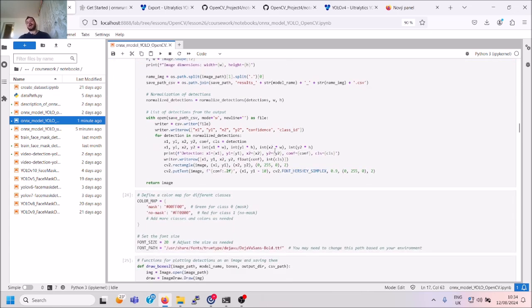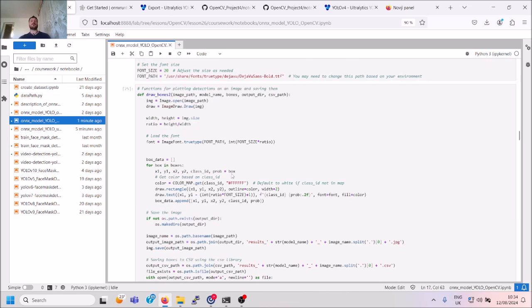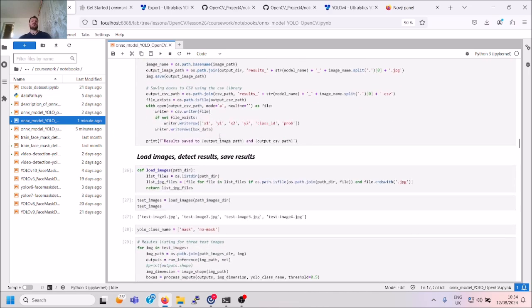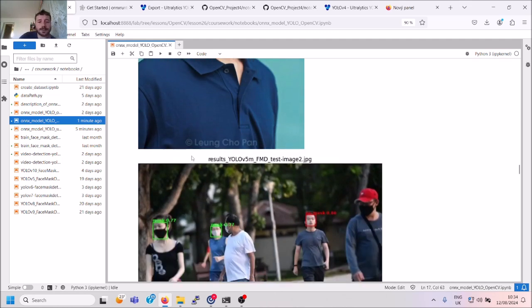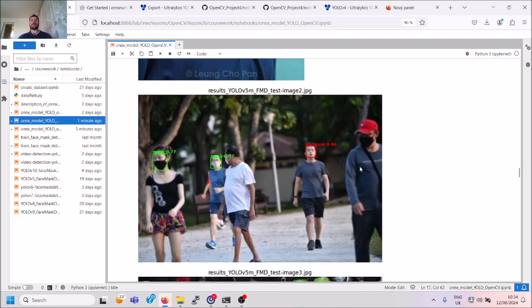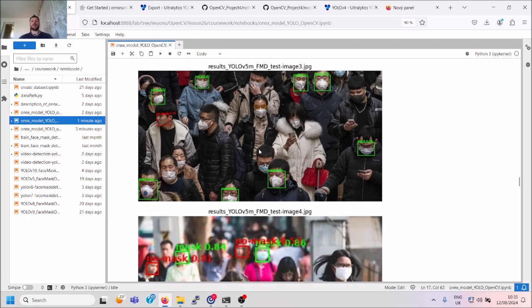From my side, I set the standard and show how results look for comparing, because I compare with the Ultralytics library, and in this way the solution is worse than the result from Ultralytics. Yeah, here it is shown this guy is not detected and this guy is not detected. There are some problems with this